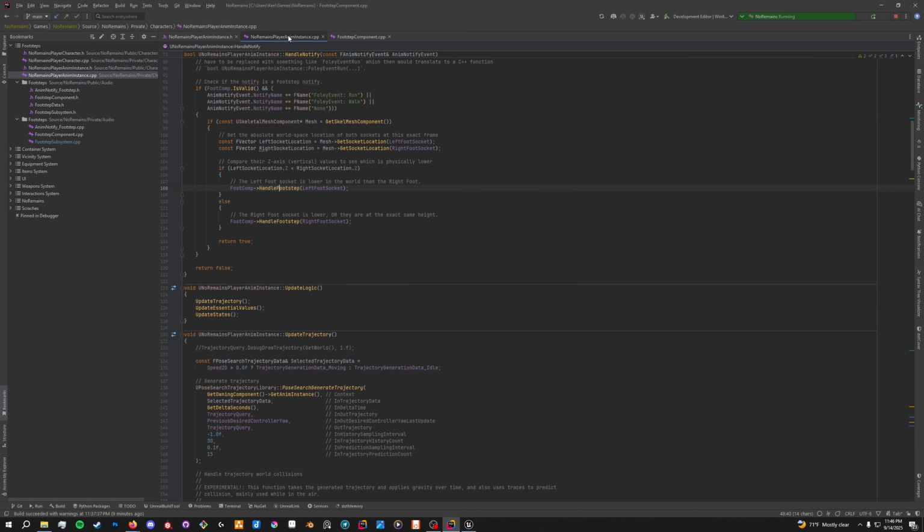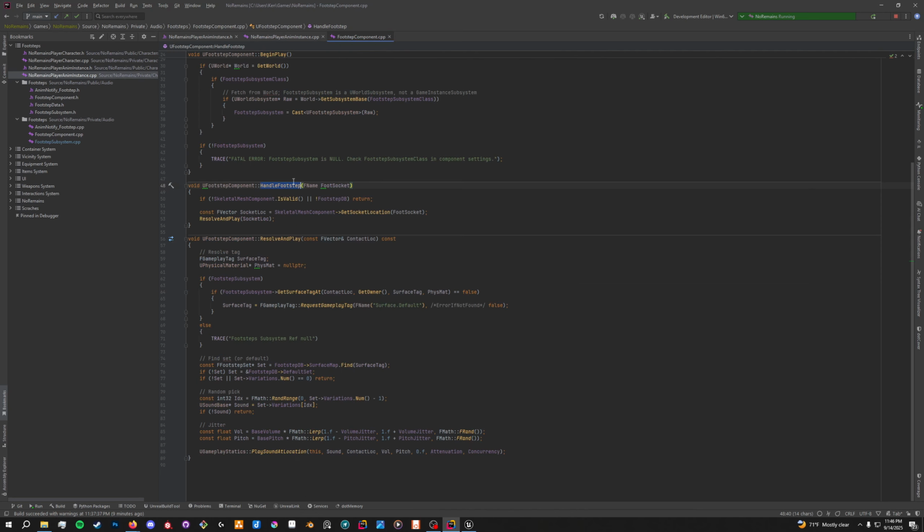And then so handle footstep, which is here. We make sure that things are valid. We get the socket, and then we say resolve and play. When we resolve and play, what we're doing is we're asking the footstep subsystem to get the surface tag at this current location. And when this returns a surface tag and a physics material, we can